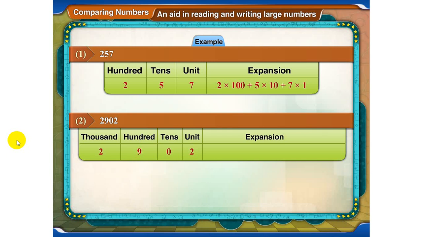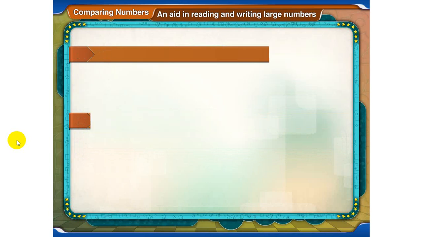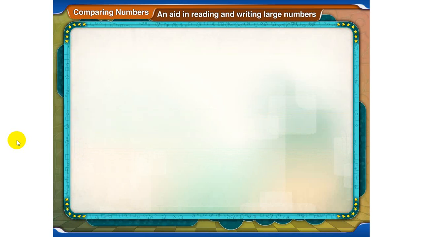An expansion is 2 into 1000 plus 9 into 100 plus 0 into 10 plus 2 into 1. One can extend this idea to numbers up to lakh as seen in the following table. For example,